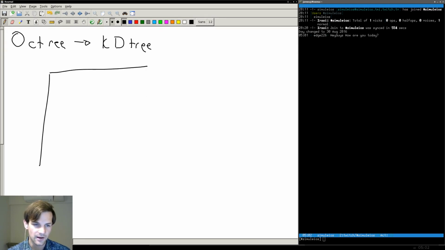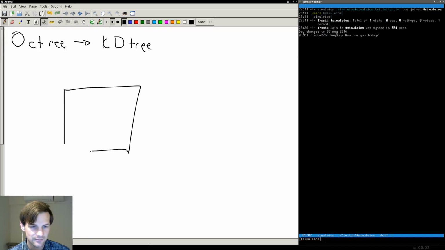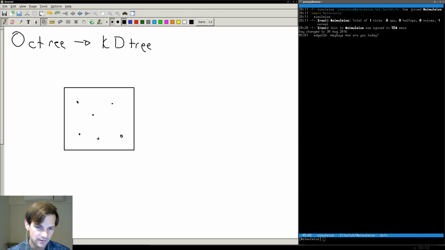We have a box. Okay, that was meant to be a box, but I'm not drawing a box at all. We have a box. There we go. And in the box we have a whole bunch of particles. So maybe one here, here, here, here, here, and there, or something like that. Now what we do is we draw a straight line along the half. Another one along here, and